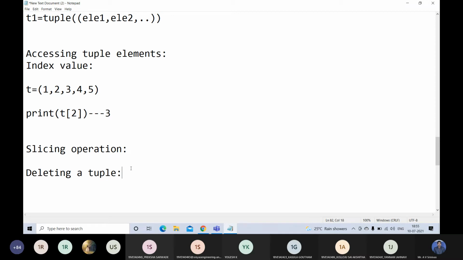Okay, so deleting a particular element is not possible in tuples. Sorry, it is possible to delete the entire tuple. That is possible.